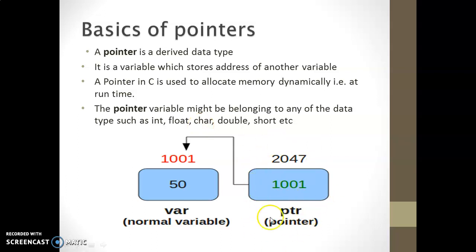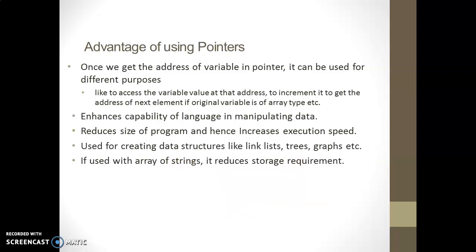So pointer has a data type. This data type tells what type of value the pointer points to, because all pointers store the address of a variable. An address of a variable is an unsigned integer. Okay, so the value inside the pointer variable is always an unsigned integer. So why is the data type important? The data type tells what type of value that pointer points to. Okay, so advantage of using pointers.